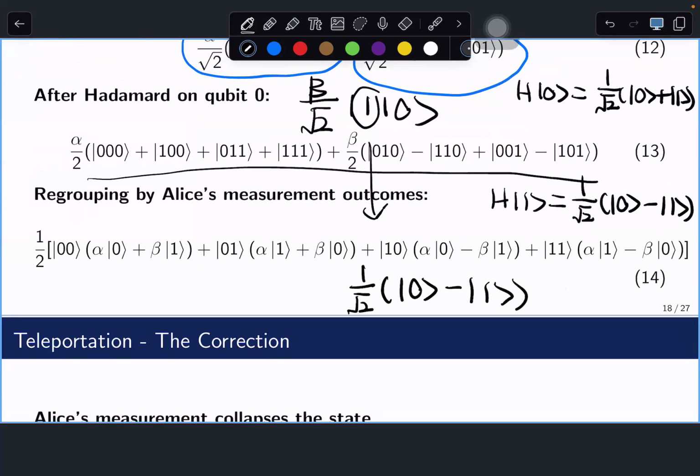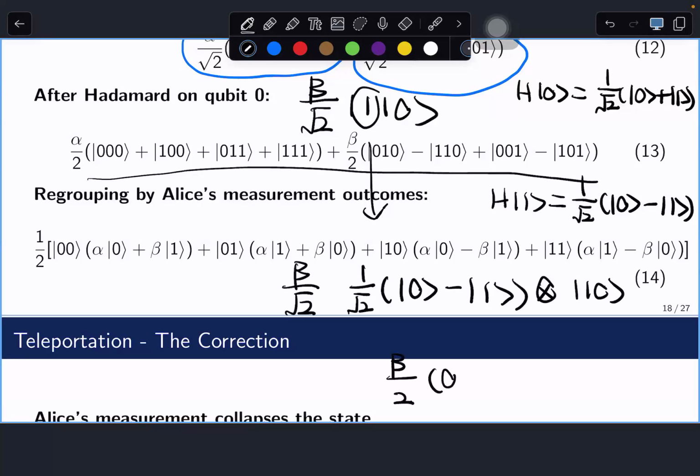And this is the only operation, only on the first qubit, and the remaining 2 qubits are the same. So we just append the overall coefficient here. And this qubit is tensor product with |10>. So if we simplify it, we will get beta over 2,